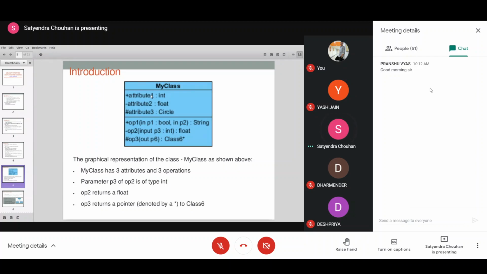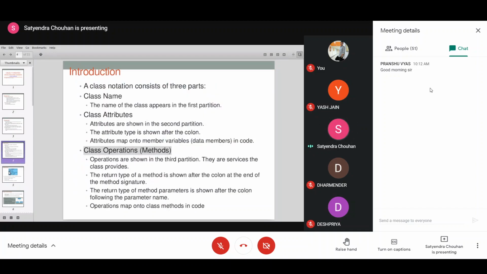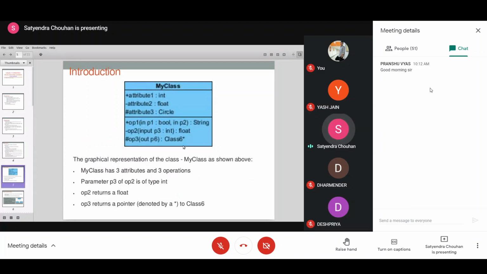parameter 3 of operation 2 is of type int. There are three attributes, and the type of the attributes is written after the colon in the class name. In case of a method, the return type of the operation is shown written after the colon.